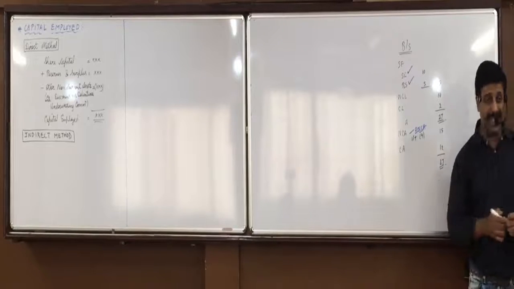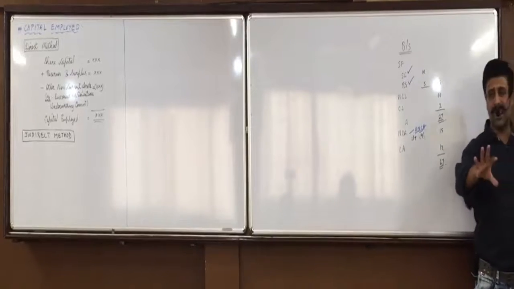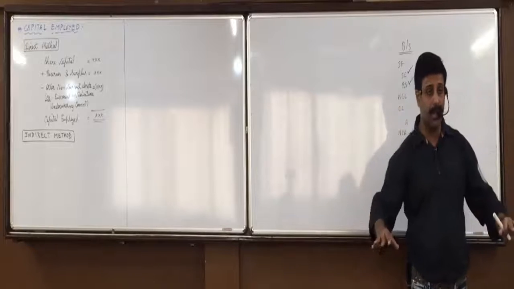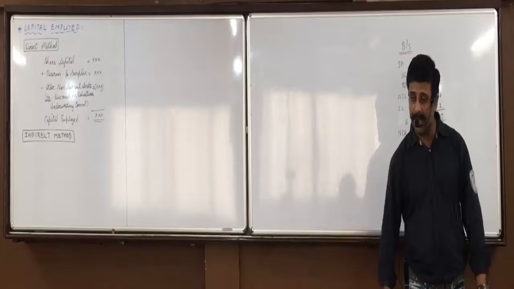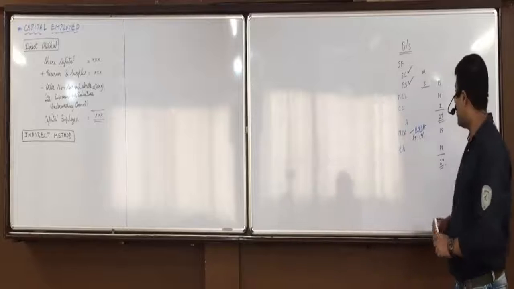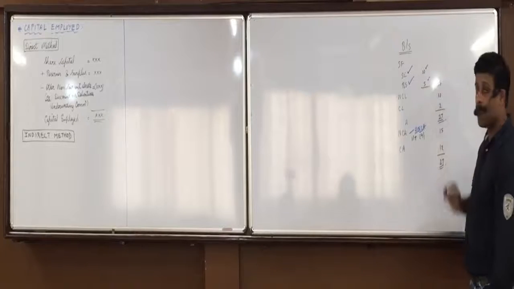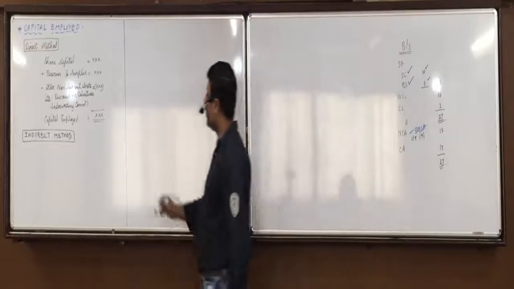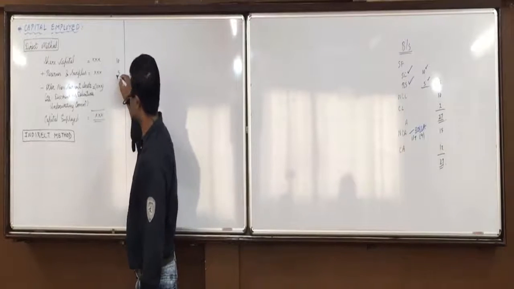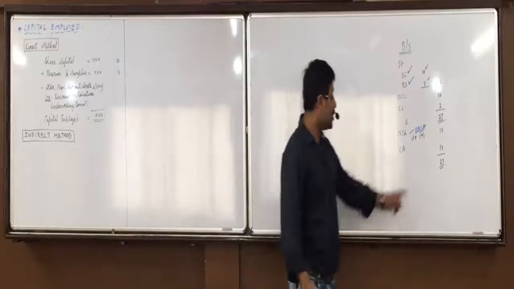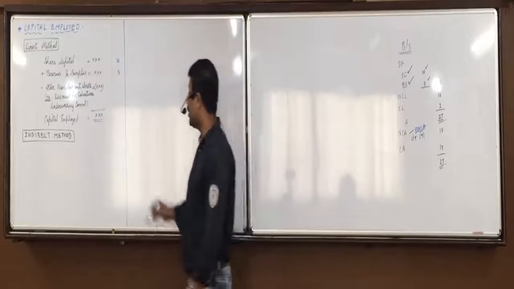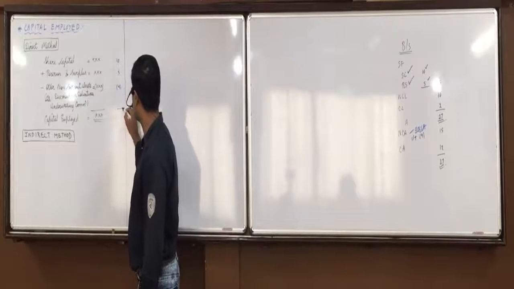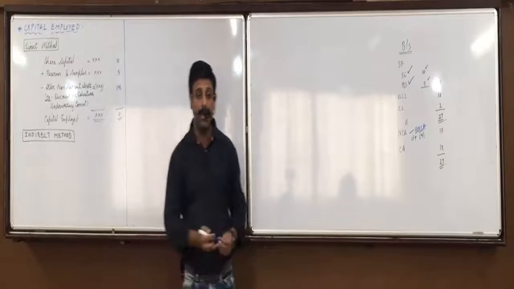Understand? Now presently, suppose we assume there is no change, practically impossible, but no change in the value of assets and liabilities. Then what is the capital employed? 10 plus 5, 15. Minus how much? 4. Other non-current assets are 4. They have to bear these losses. So 15 minus 4? 11.